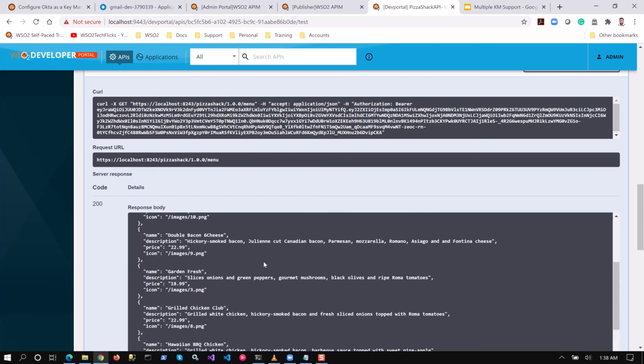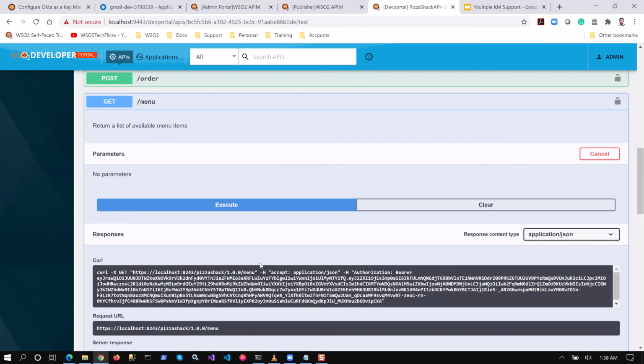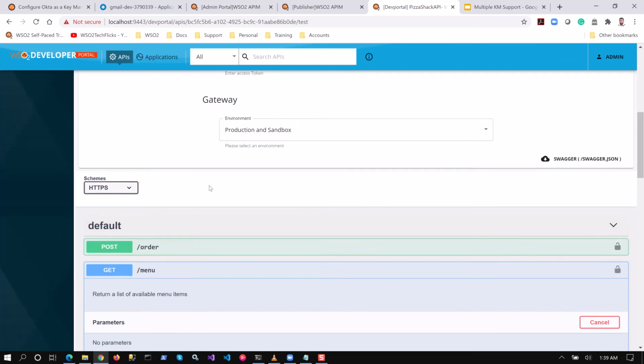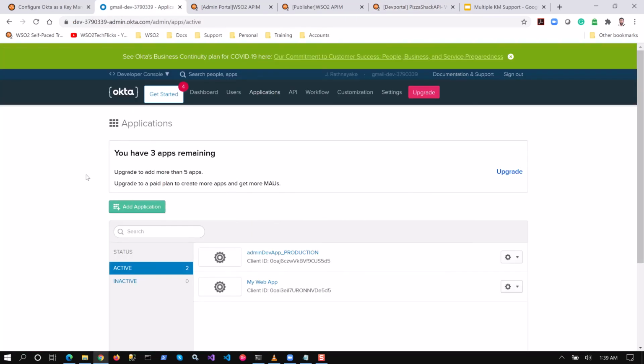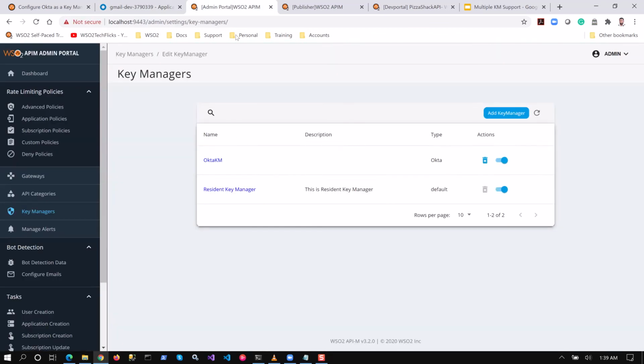So if you go to developer portal, you can see the result here. So this is basically an API invocation which uses a key or token generated through the Okta authorization server, which is a third-party key manager we configured through the WSO2 API Manager 3.2 admin console, admin portal.